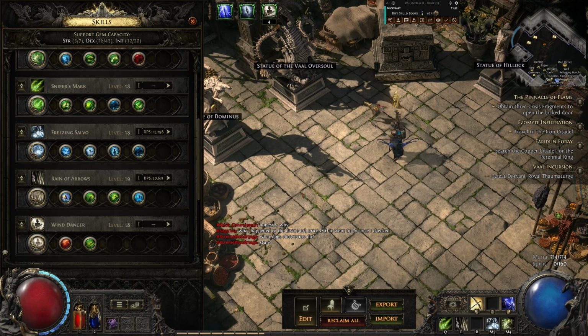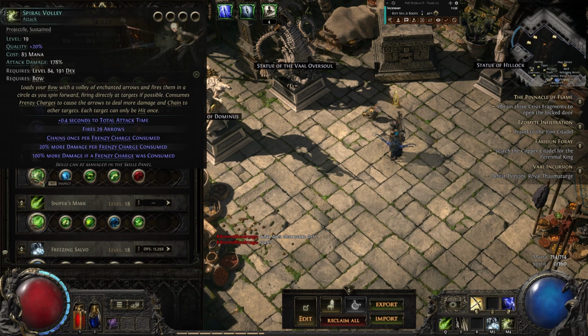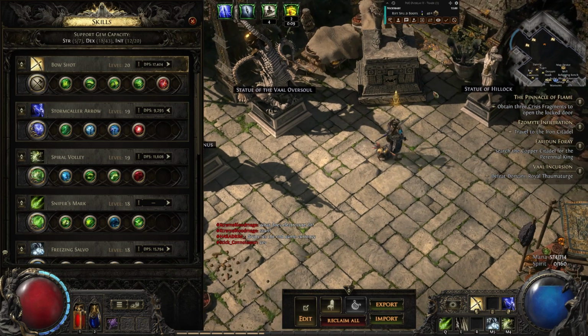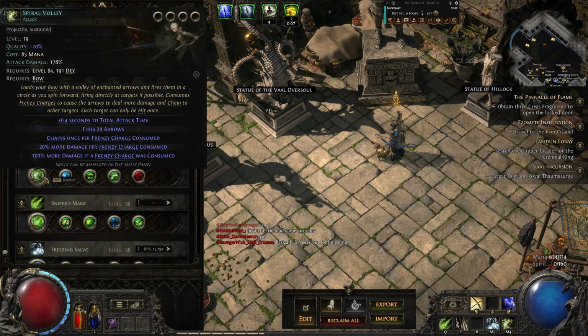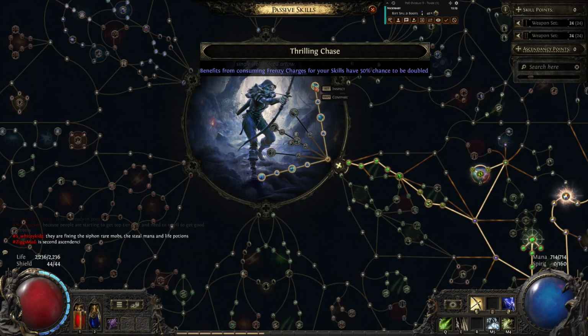And so, just to go over quickly what Spiral Volley is. Spiral Volley is an attack that when you cast it, it creates a big AoE around you. What it does is it chains once per frenzy charge consumed, and deals a crap ton more damage per frenzy charge consumed. On this build, we can get up to 6 frenzy charges, which means it can chain up to 6 times, and there's an ascendancy on the Deadeye passive tree